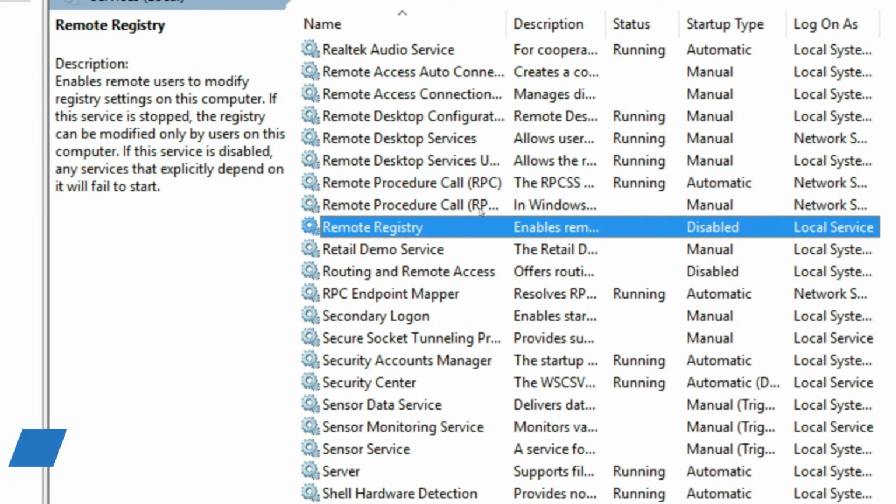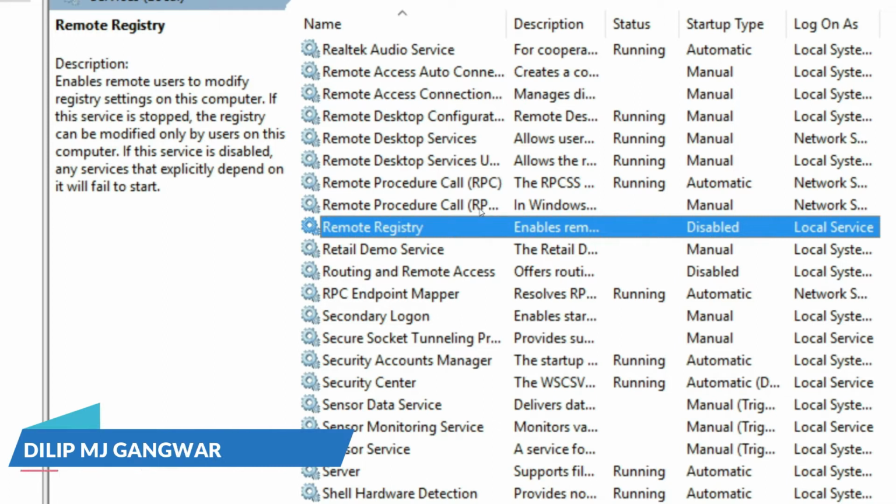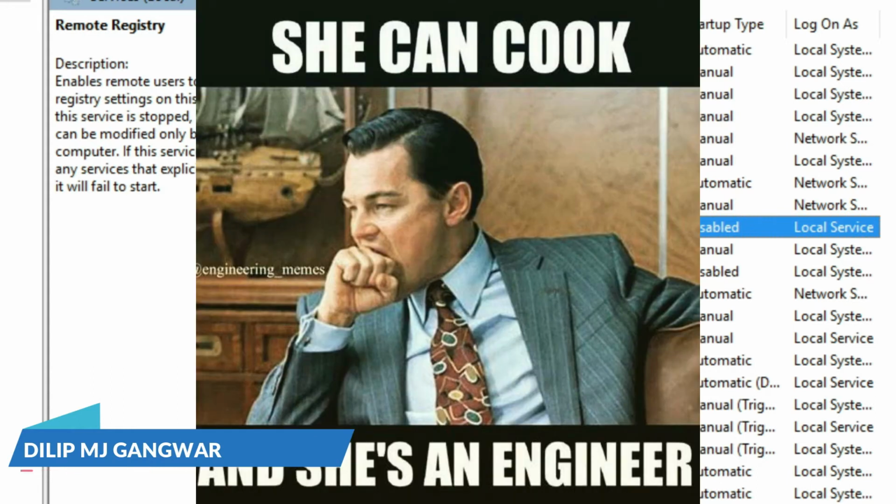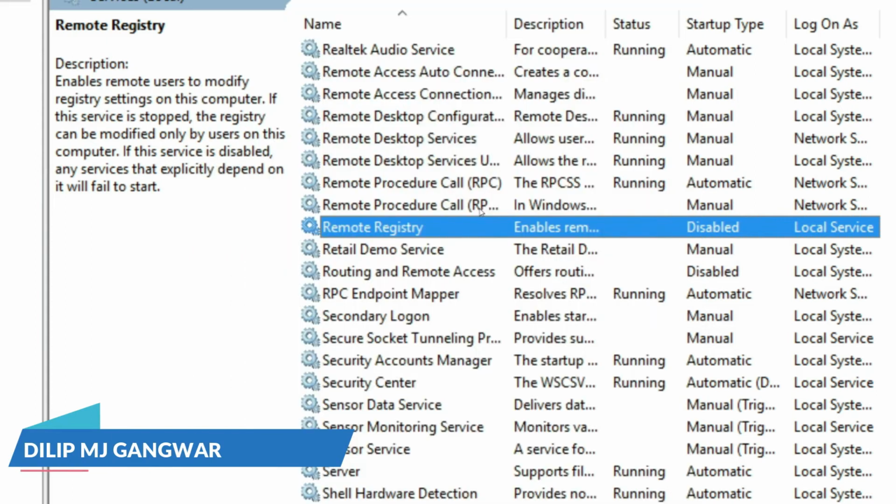And one important thing to remember: for the PCs you want to shut down or restart, the settings I am telling you have to be done on all of those PCs. If you have 10 computers in your house or in your office, go to all 10 computers personally and do these settings I am telling you, and on your own computer also.